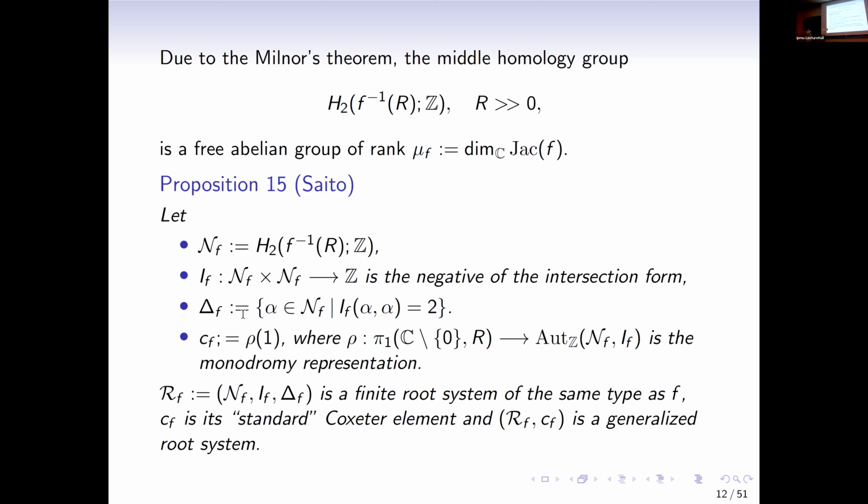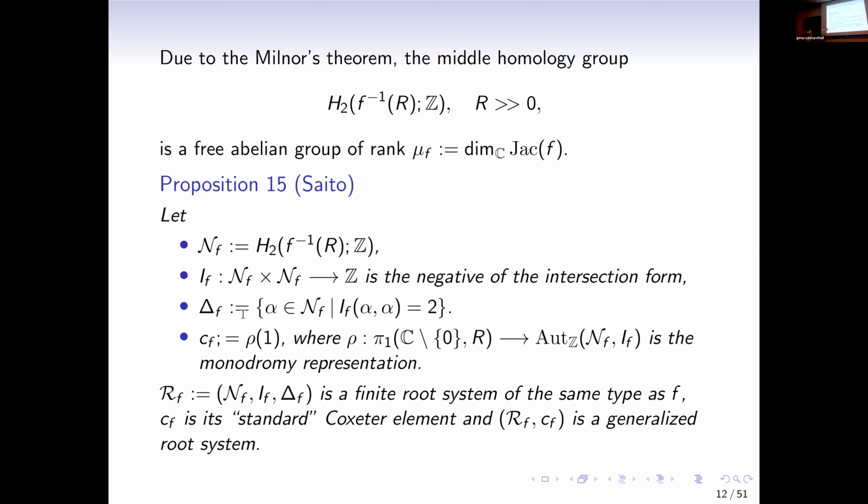So one can consider the monodromy. The image of the monodromy representation is the generator. And this tuple will be a finite system. Sorry, the first triple will be a finite system. This is well known. And also, together with this, this defines a Coxeter diagram.